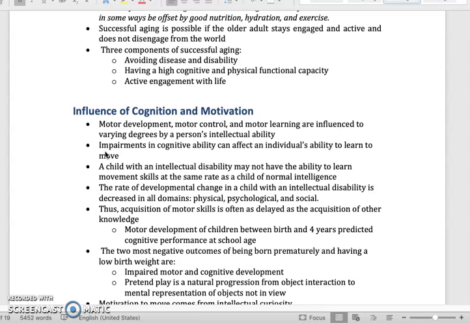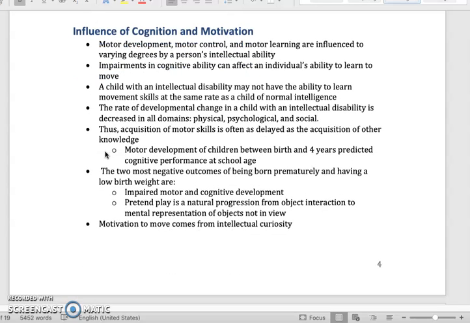Also, motivation is a big factor. I mean, play is huge for our children. That's how they learn. That's a term that I use quite often: children learn when they move. And when our babies don't have that motivation, or cannot move, or don't have the cognitive level to move, we start seeing some of these problems or delays in motor development. So just keep that in mind.